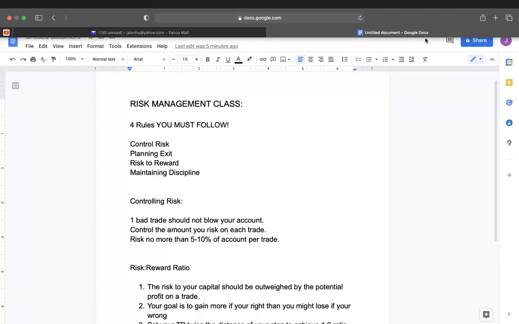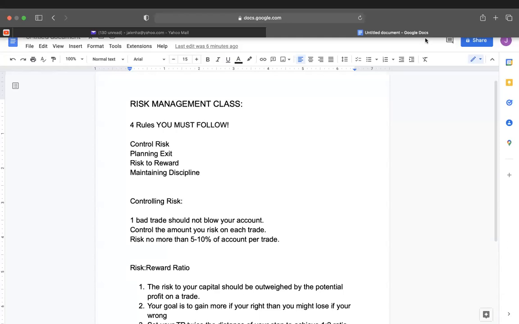All right, guys. So today we'll be going over risk management. There's two parts to risk management. I'm going to be showing you guys a couple of rules. Then I have a slideshow as well. And then I also have an example of using risk management per your account size. I'm going to show you guys how to play with the numbers to decide what's your number, because we all have different account sizes and we'll go from there.